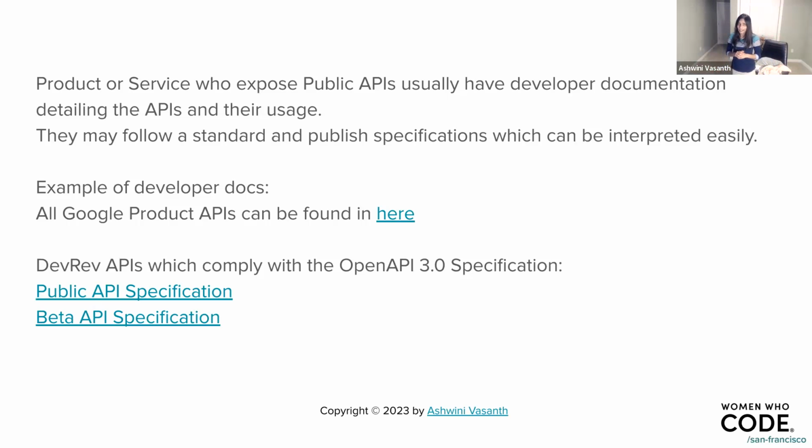Now with beta APIs, the contract is a little different. Beta actually means that it's work in progress. I am working on this API interface, but I'm signaling to you ahead of time that it's likely to change. Because I haven't decided that this is optimal, I might change my mind. So when you adopt a beta API to build your product, you should watch out for the fact that it might change and you might need to make changes to the application you're building.